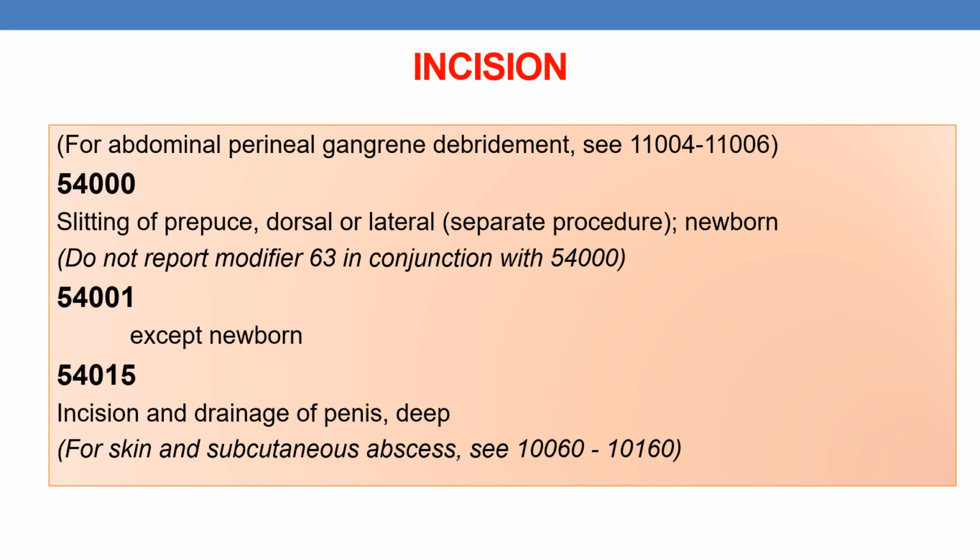First of all, coming to incision CPTs. For abdominal perineal gangrene debridement, we need to refer to the integumentary system codes 11004 and 11006. Here the first CPT is 54000, slitting of prepuce, dorsal or lateral, newborn. It is a separate procedure and do not report 63 modifier in conjunction with